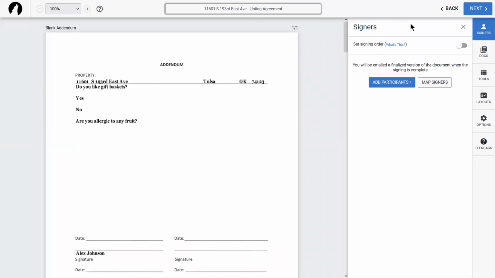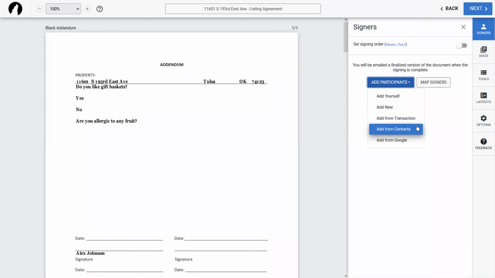And then over here on the right-hand side, we see our signers, and then we see the navigation buttons that are going to be related to this. So it's starting us off on the first step, which is our signers. I'm going to add our participants. I'm going to say add from transaction. We have add yourself, add completely new contact, which isn't recommended. Again, make sure that you guys have all your contacts created in advance of the signing process. And then we just do add from transaction.